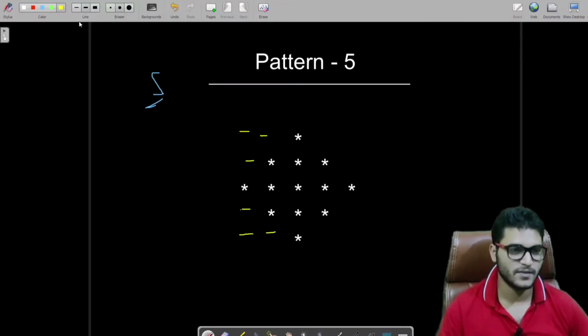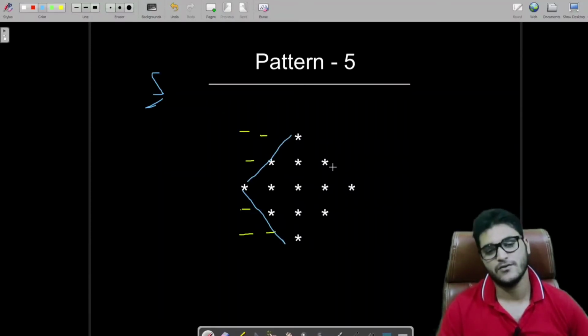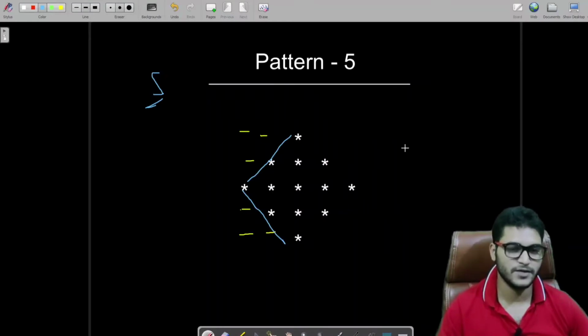Except these, we have this number of stars. So we will start from here. In our first row, how many stars and how many spaces are we having?